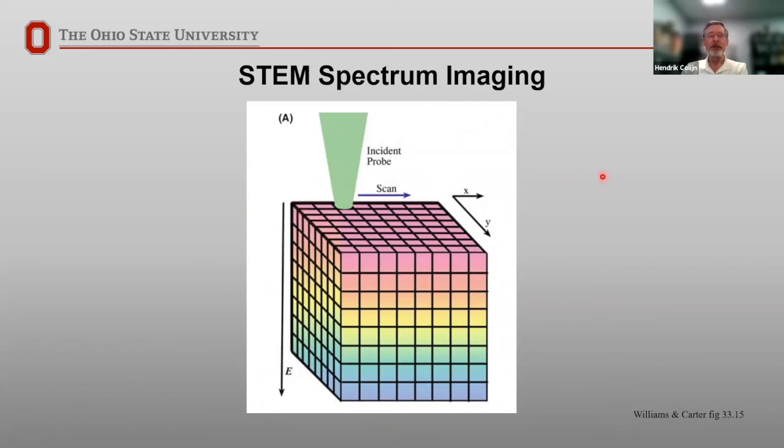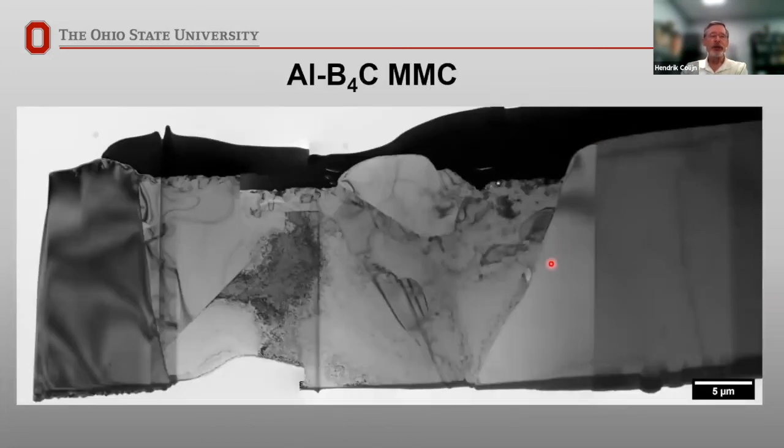So I have a couple of examples here of this type of work. This is a metal matrix composite of aluminum and boron carbide. Now this is at a relatively low magnification, so this particular image is a TEM, not a STEM image. And the nice thing here is I can also come in here and do diffraction analysis to help identify my